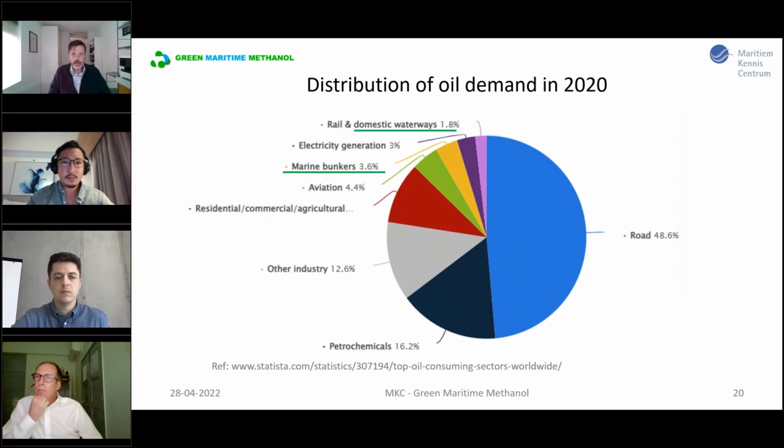sector. And of course, the energy density of diesel oil is rather high if you compare it to methanol. It's about twice as much energy density compared to methanol. So a lot of methanol is needed in the future if you want to go for the 4,000 and then the 5%, so let's say the 200 million tons. If we go to the next slide,